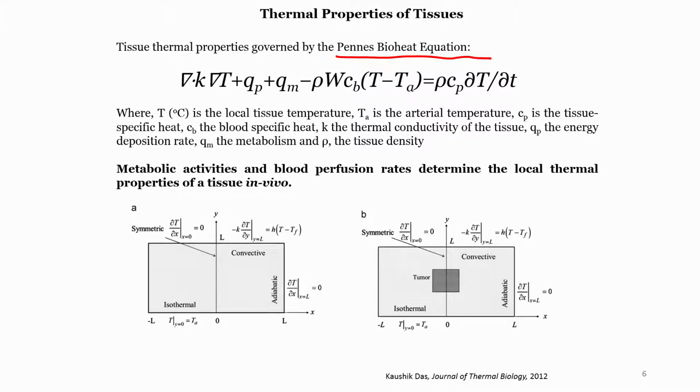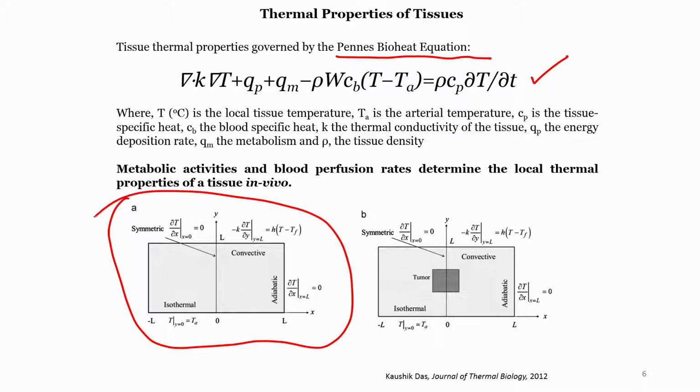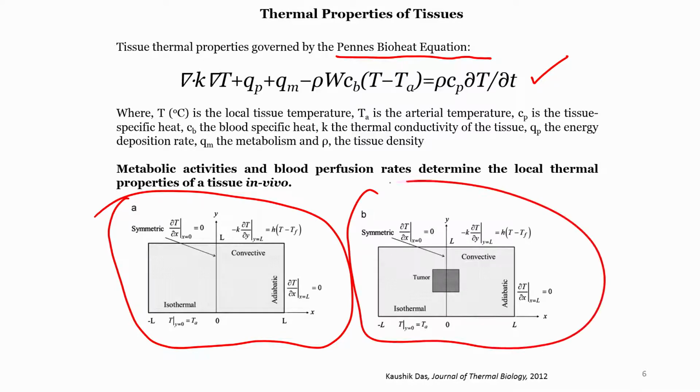So, today our agenda is that first we will revisit the Penne's Bioheat equation, and quickly understand again what the individual components of the equation are. Then I will run you through how you can thermally model a tissue interface, in vivo tissue, okay. And then what will happen if there is a tumor inside the tissue. So, how do we model that, what are the different interfaces, that we will cover today, and then we will